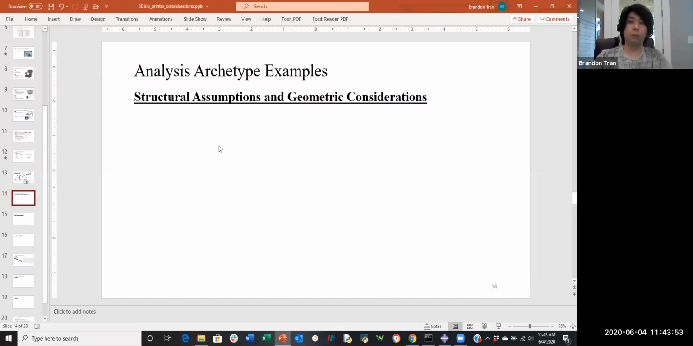So, structural assumptions in geometry. Again, you're engineers, you have to make assumptions to simplify the problem for yourselves. For example, if I want to do something like a plane stress problem, I'm sorry, a plane strain problem first. So with a plane strain problem,